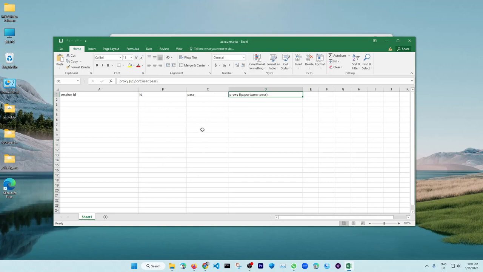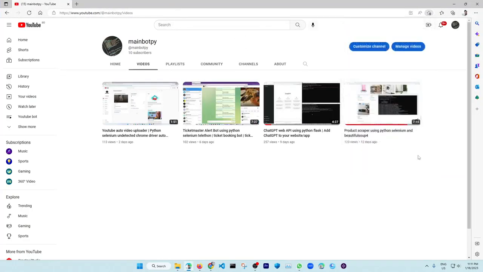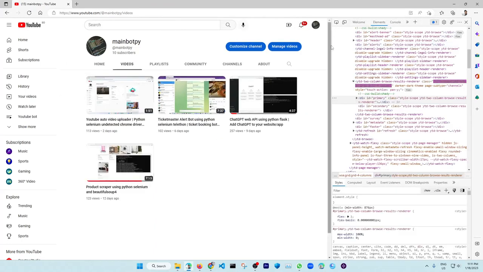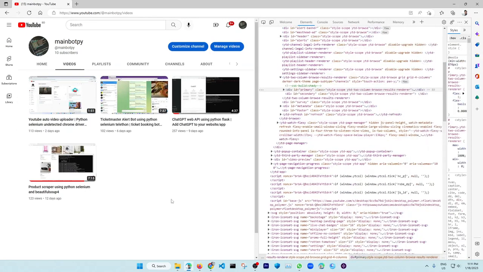And there is also another login method using the session ID, and using the session ID is actually better. You can get the session ID for any kind of website. Just inspect it. At first you need to log into your Instagram account and then open the inspect section, and